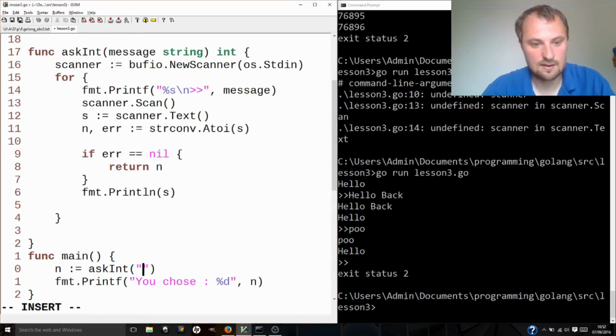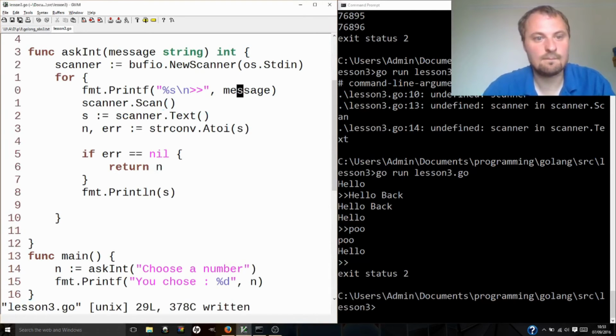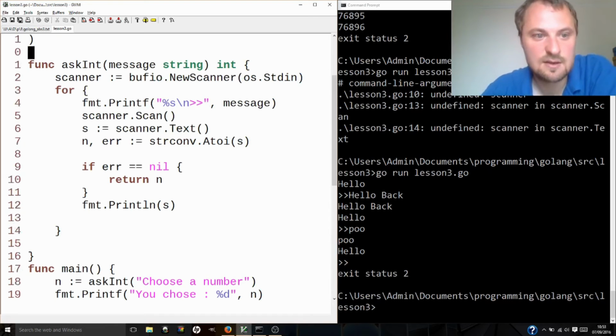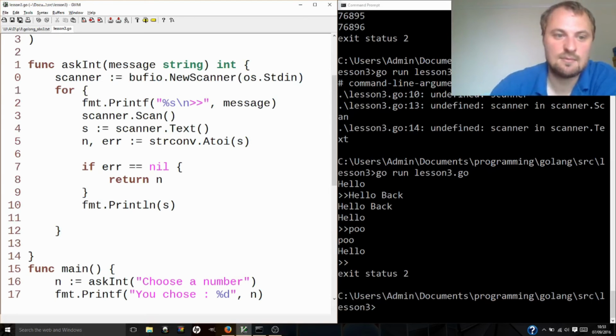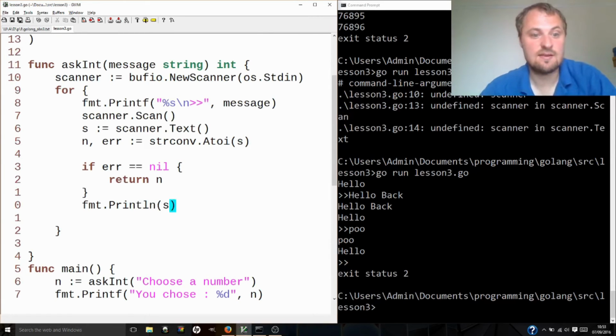And we'll make this instead choose a number. So the askInt will now, the first thing it will do is create this scanner, which we're going to use repeatedly if we keep getting complaints, but only once. And then we're basically finished actually. We need to, instead of outputting this s, we can write